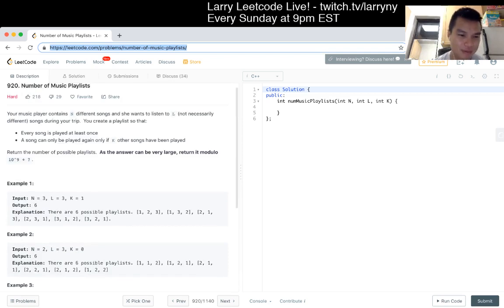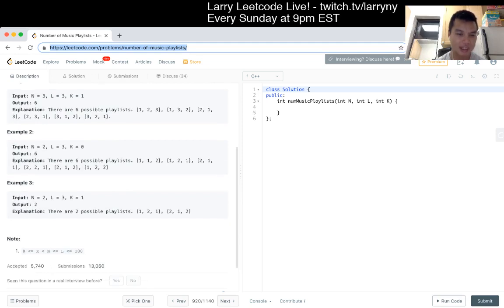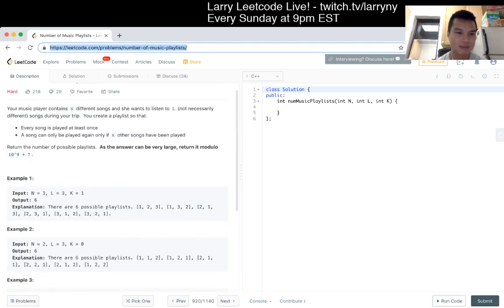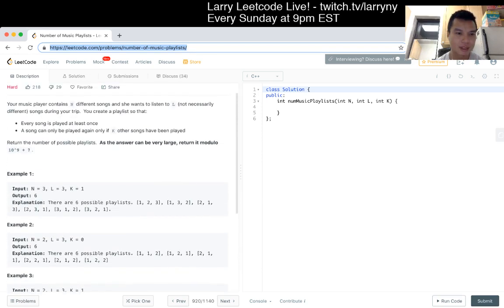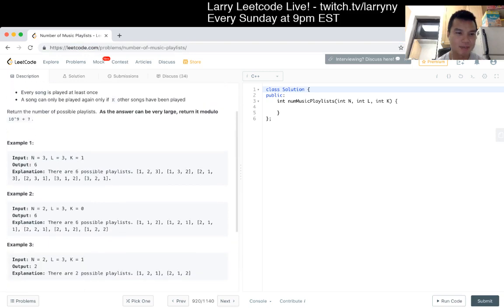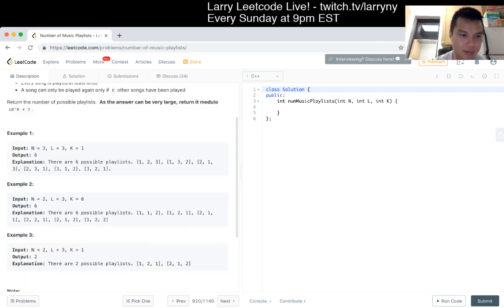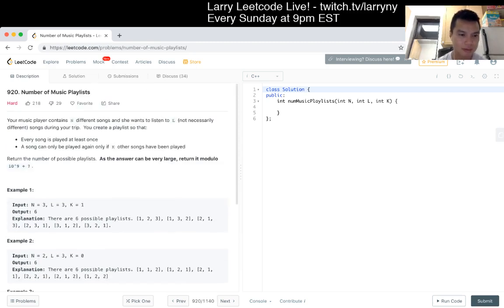Okay. What are the constraints? Everything's less than 100. Okay, every song is played at least once. That's fine. A song can be played again if K other songs have been played. So, okay. So for N equals 3, that's just 3 factorial, that's why it's 6. We have 2 songs, but every